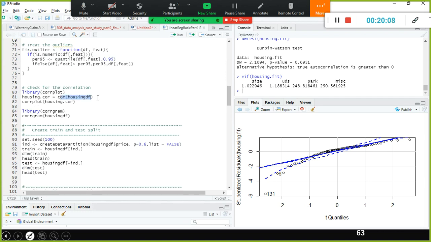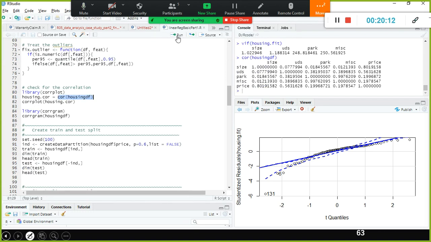Dependent variable. Price is the dependent variable, right? Size and price? Yes, size and price. The independent variable size should be correlated with the dependent variable.